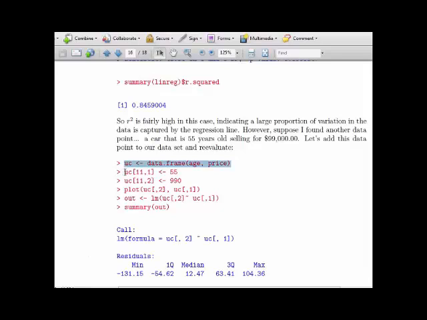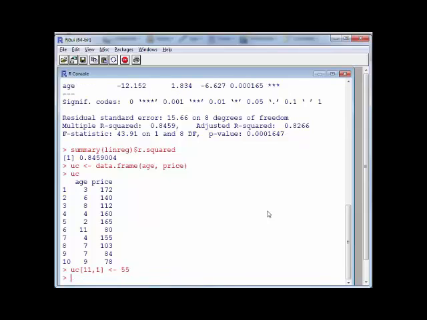But now I want to add a row. You can do this by saying that I want to go to the data frame called UC and put a left and right bracket, and on the left side, in this position here, I'm going to indicate the row, comma, indicate the column. So in the 11th row, first column, I'm going to assign a 55, and then similarly,